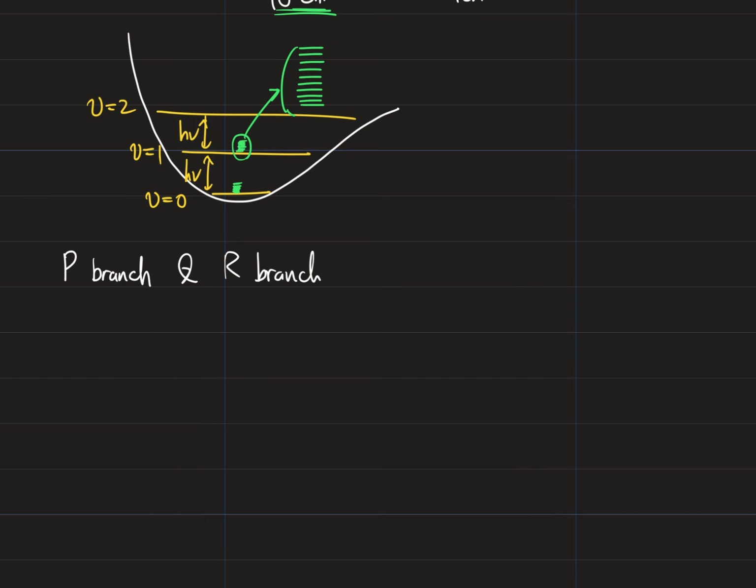So let's take a look at the selection rules. We are now dealing with the vibration and rotation motion together. For the vibration motion, delta v should be plus or minus 1, and delta J should be plus or minus 1. As I mentioned, the vibration energy level has a much larger energy spacing, so we assume that